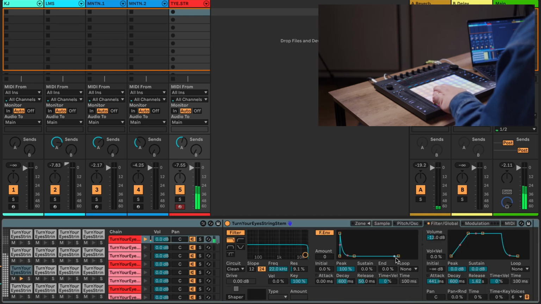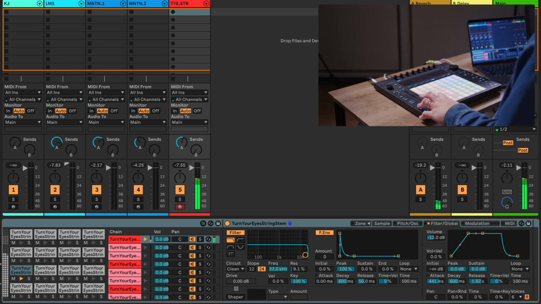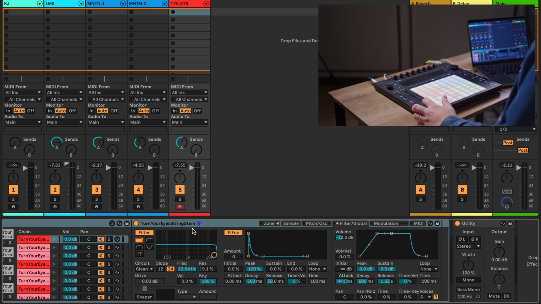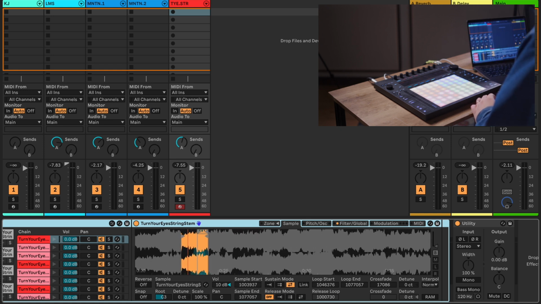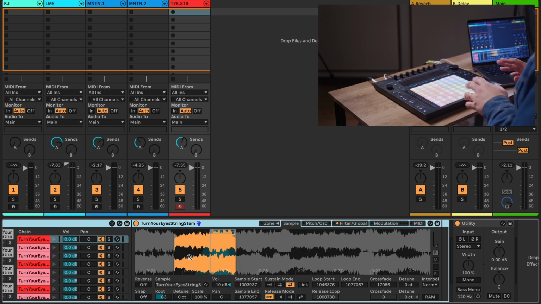So if we want to get into what the string programming actually looks like, let's just pull up this note. As you can see, string stem, this is sampler, totally different vibe. As you could tell, it is super, super duper involved. But the thing with strings is, if I just go from top to bottom, from the start to the finish